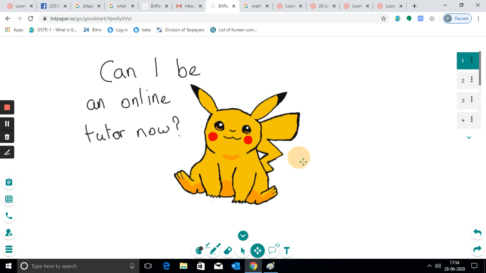And so we can save papers, and we can continue working on them later as well.